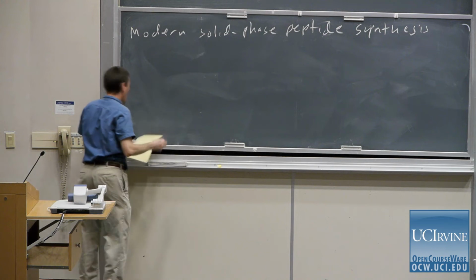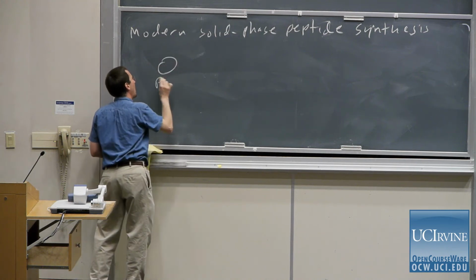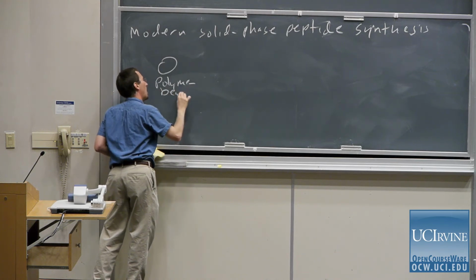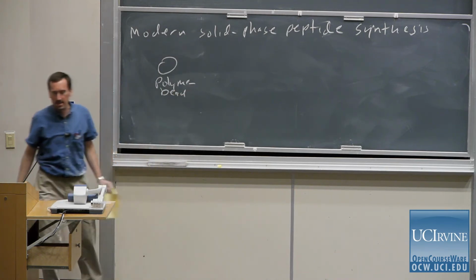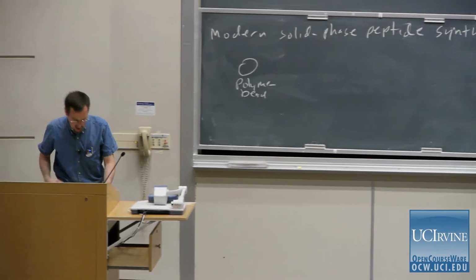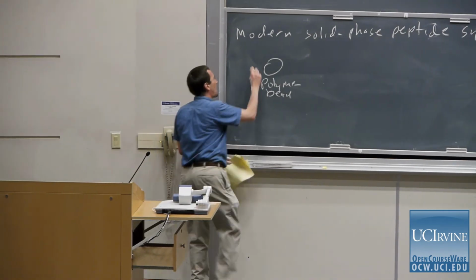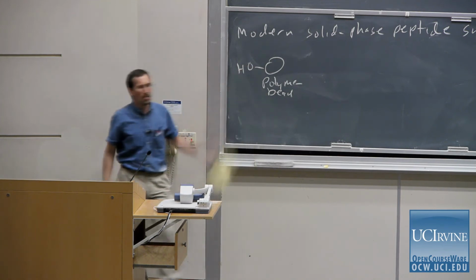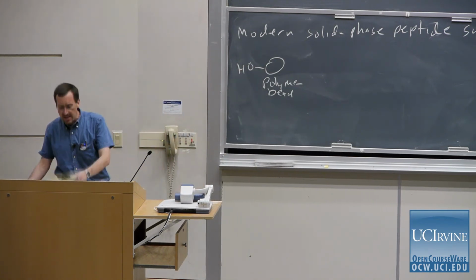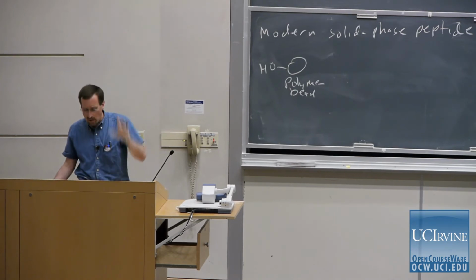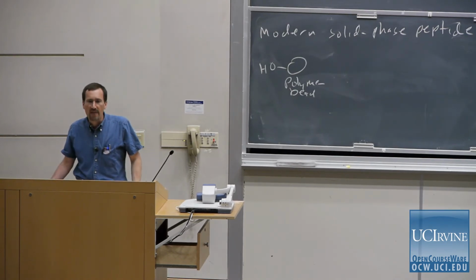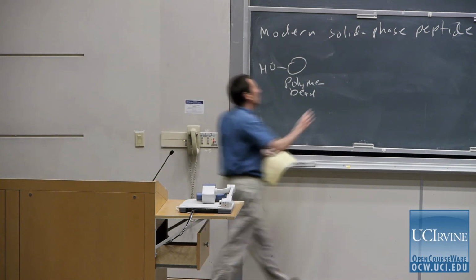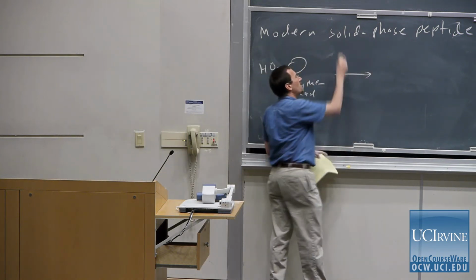So, imagine for a moment that we have a polymer bead, polymer, plastic, polystyrene. I'll show you the structure in a moment. And it's not exactly what Merrifield initially used, but imagine for a moment that the polymer is basically a big benzyl alcohol and that you have an OH group on there. And then in the first step, we couple